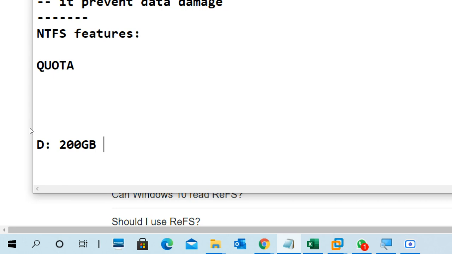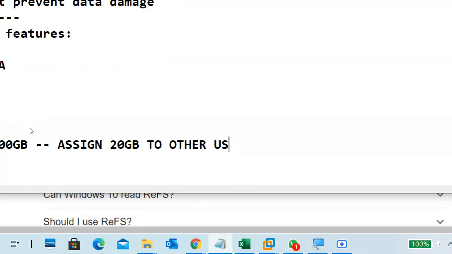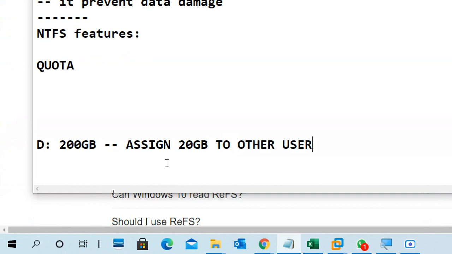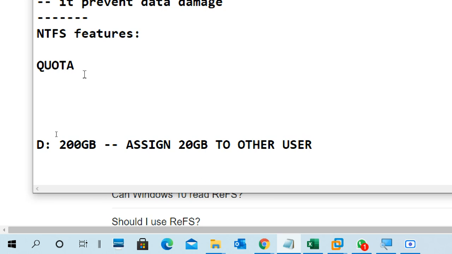So what this guy is doing is he keeps putting data into the 200 GB, so my 200 GB becomes full. So what I have to do is assign only 20 GB. I give only 20 GB to the other user. So when he logs in, he can see only 20 GB for the D drive, and he can keep data up to 20 GB only. He cannot put more than that. So this is called a disk quota. Next, we have to complete fast.